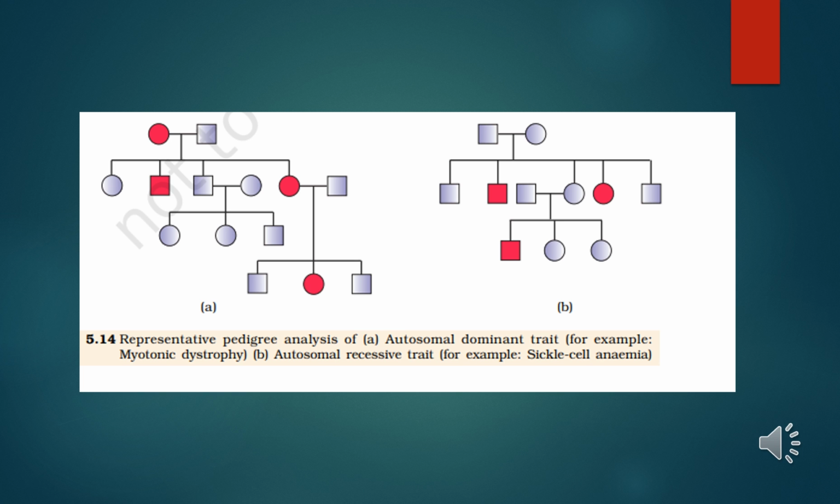So likewise, I will be explaining the next, autosomal recessive trait. Now in autosomal recessive trait, you see that both male and female are unaffected, but their children are normal and affected also. So it means that if autosomal recessive trait is there, it may skip a generation. It appears in the case of marriage of generations, means that it may skip a generation and may also appear in the next generation.